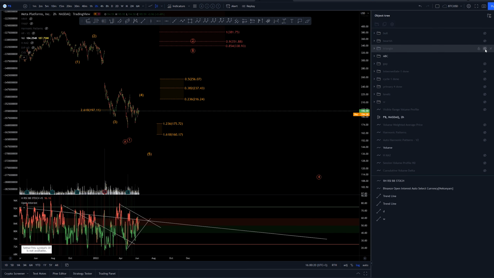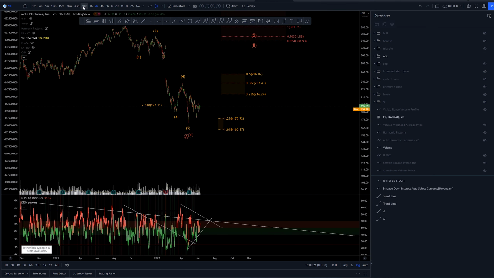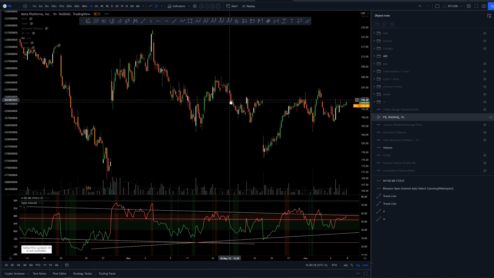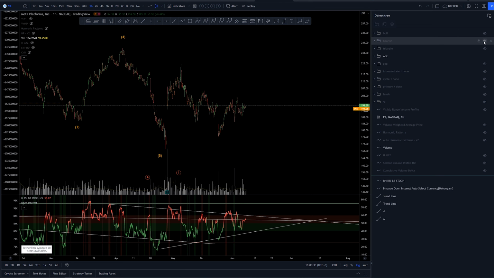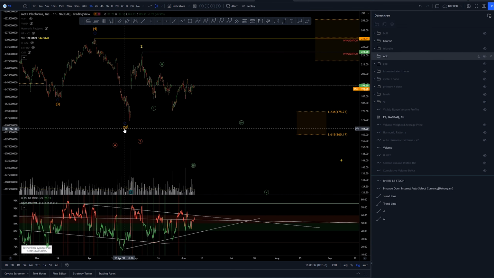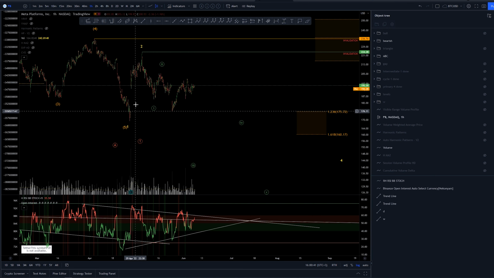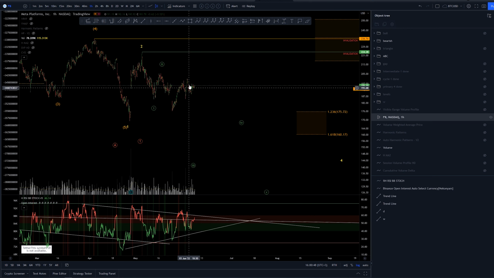So what else did we have? We had some local structures here saying that if we do have this as ended, then we can take a look at the local structures here. And we have this bearish one. Again, if wave 5 is not ended here and instead it is just a wave 1, we could be looking at this as a 1-2, 1-2, and even a possible 1-2, but this looks like 3-wave structure, so we could be